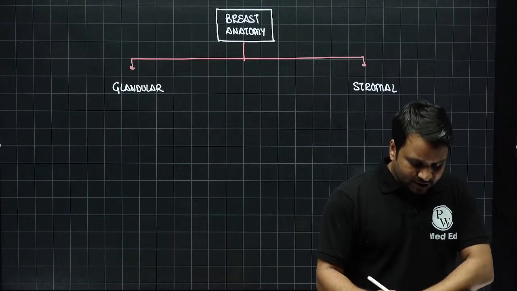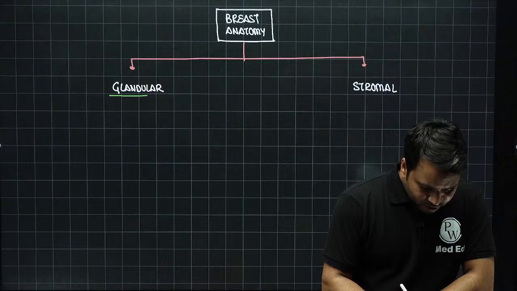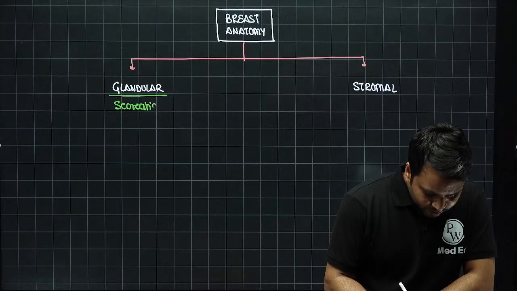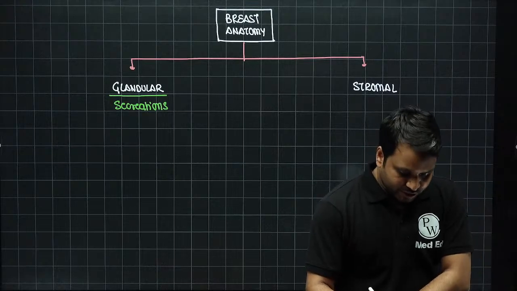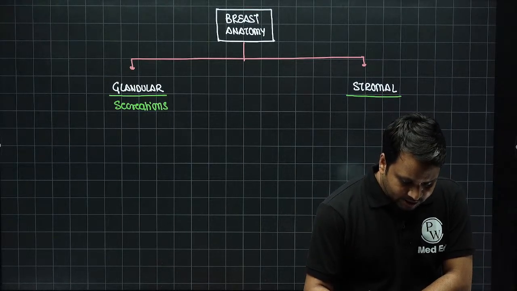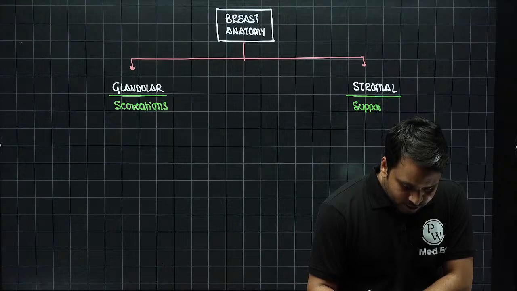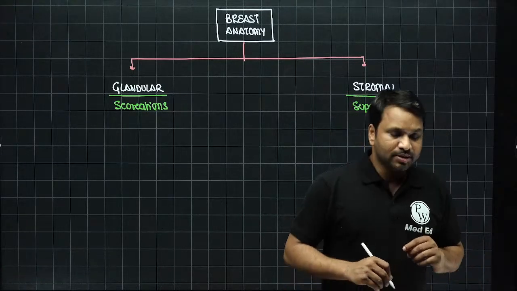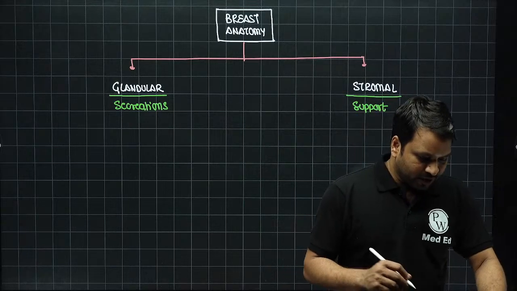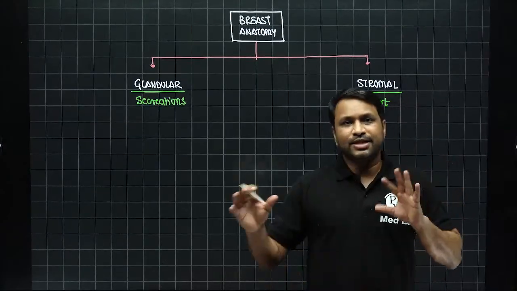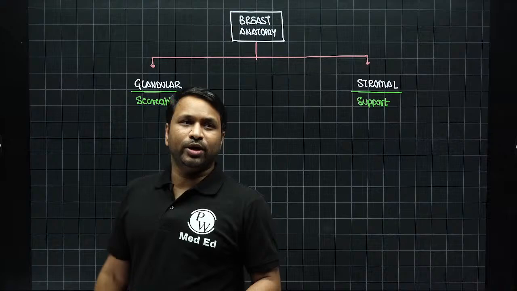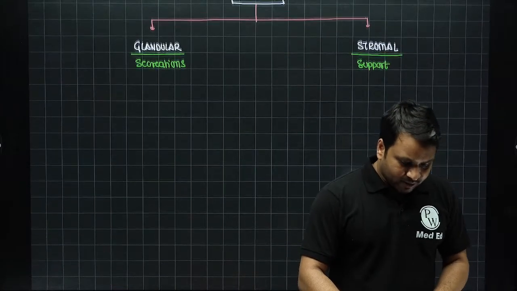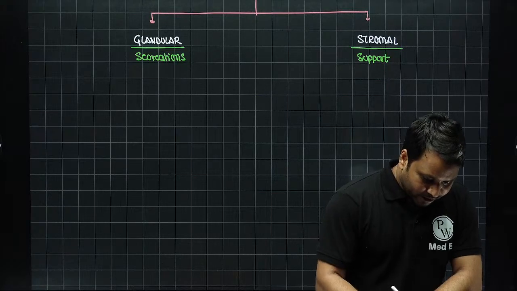The name itself suggests, when I say the glandular component of the breast, it is responsible for secretions. The word stroma basically stands for the support system, right? So let's understand and analyze what are the points or the components of the glandular and the stromal component of the breast, right? When it comes to the glandular component of the breast, now imagine that this is